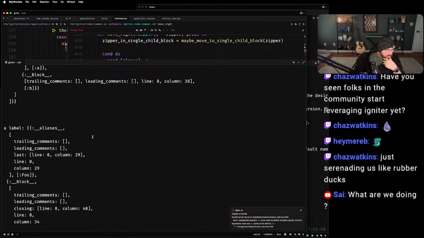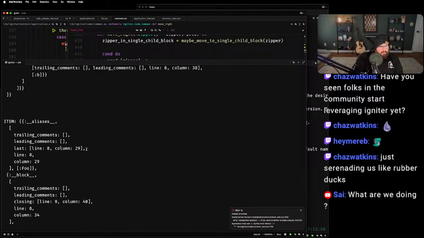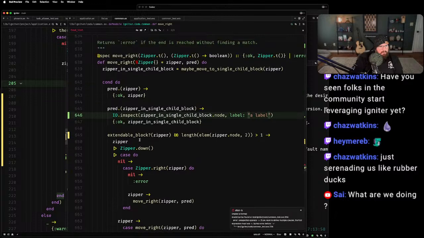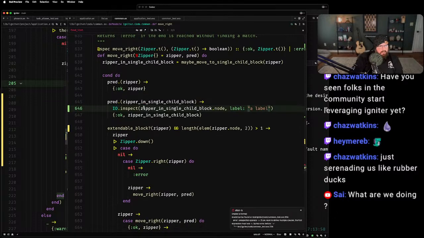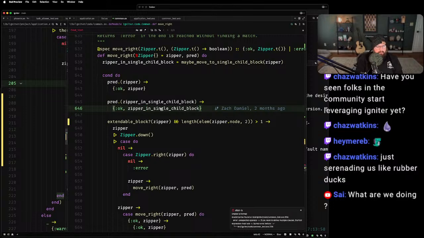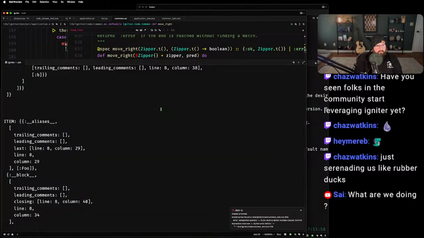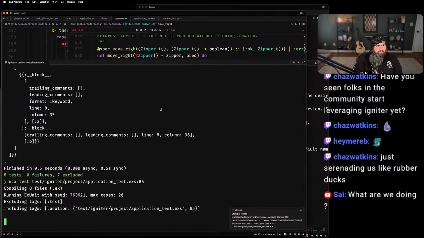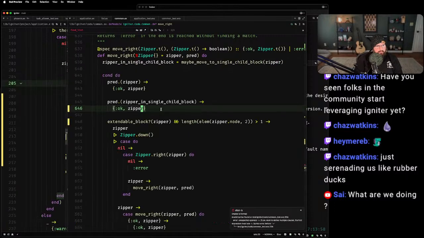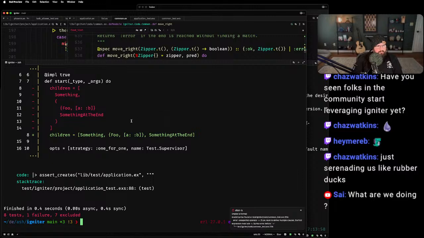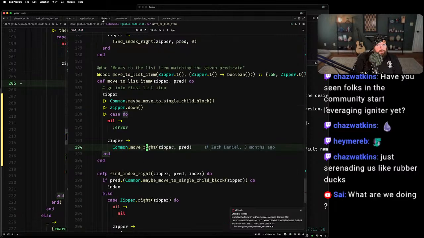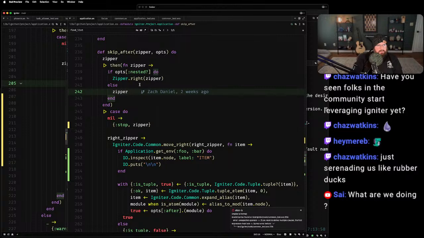So, I mean, yeah, this is actually kind of right, but I don't know why. So returning zipper should actually have solved a problem here. And then, oh, maybe it's because, what did I do?